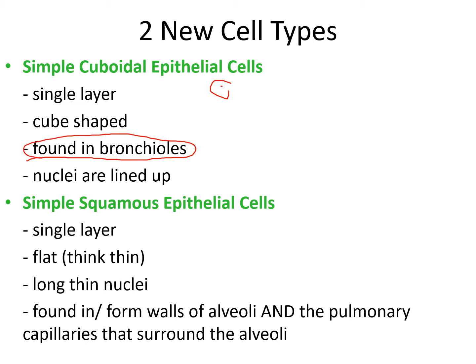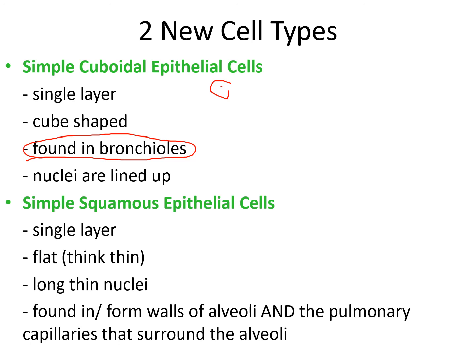As we move from the larger airways that are lined with pseudostratified ciliated columnar epithelium cells, we move down, and the further down the airways we go, the more simple the tissue becomes. When we get to that transition zone, and we'll talk about the transition zone in a bit, we're going to run into simple cuboidal cells. And as we keep going down, when we get to where we actually exchange gas, the CO2 and the O2, that will be when we start to see